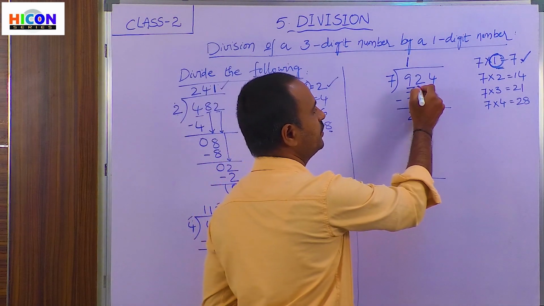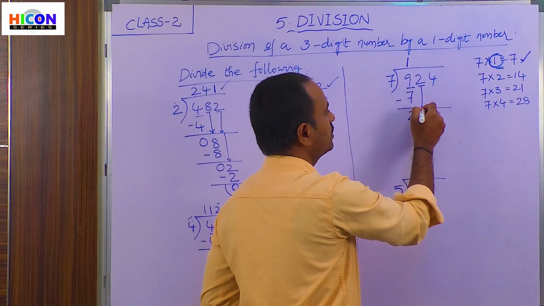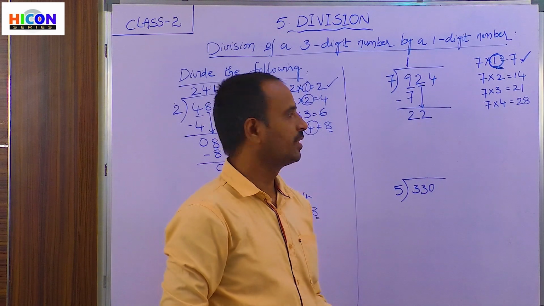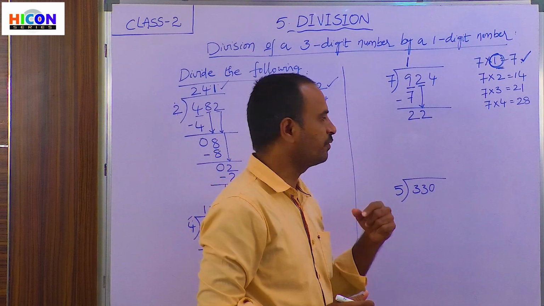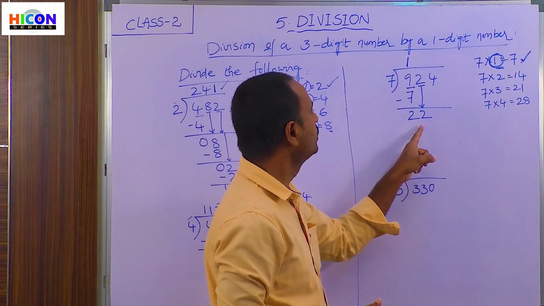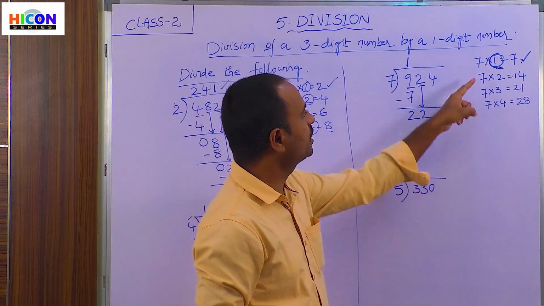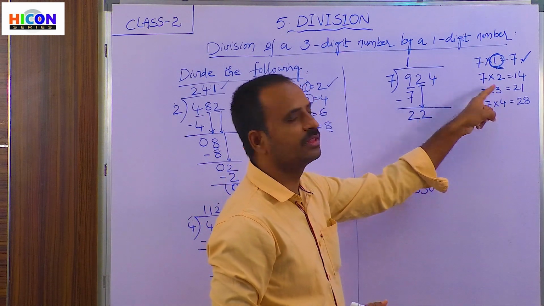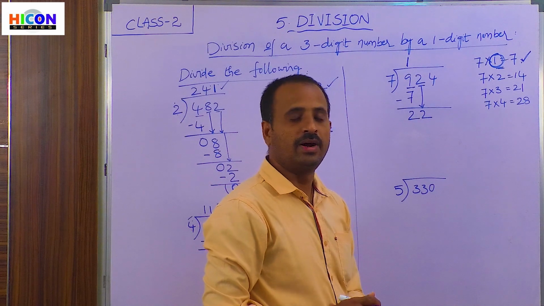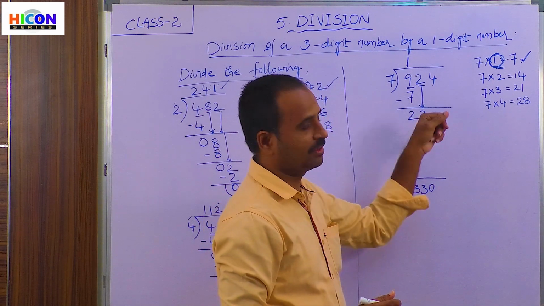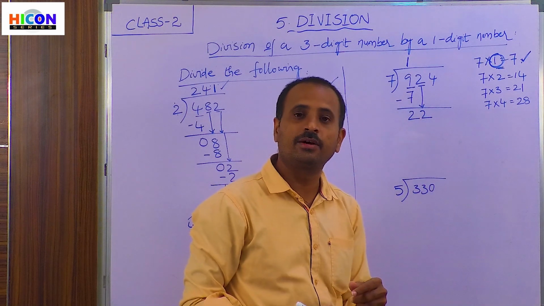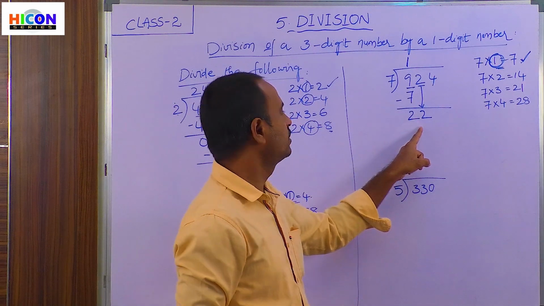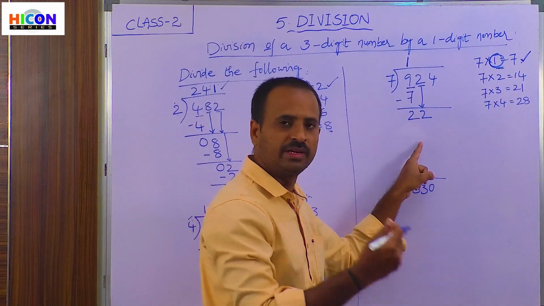What is the second digit in the dividend? 2 is the second digit. So bring down the second digit. Then the number becomes 22. Again, let us find when the number 22 comes in the 7th table. If you observe the 7th table, we did not get the number 22 in the 7th table. So what do we have to take? If the number did not come in the table, then we have to take the before number for the given number. What is the before number for 22? The before number for 22 is 21.